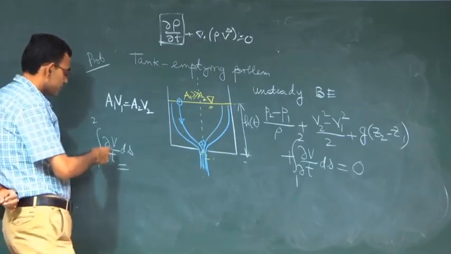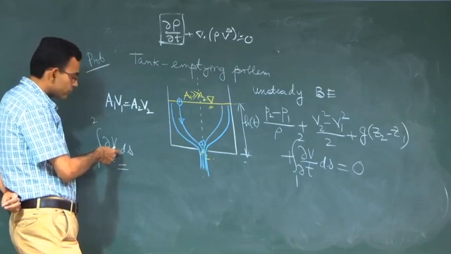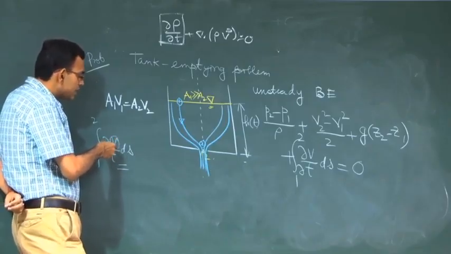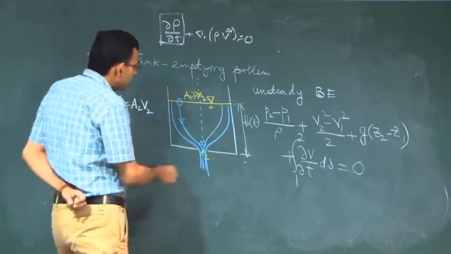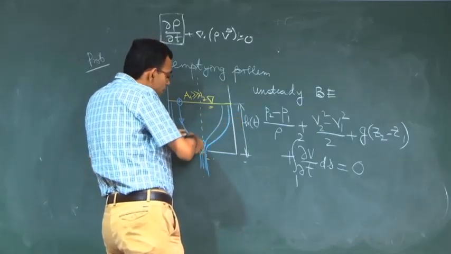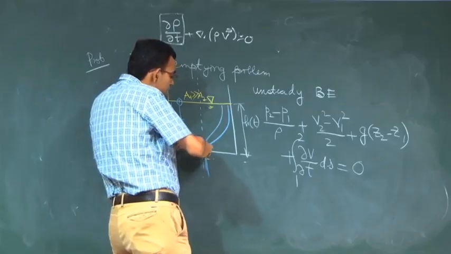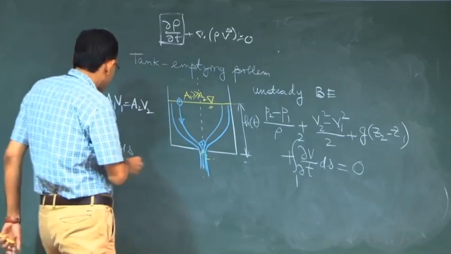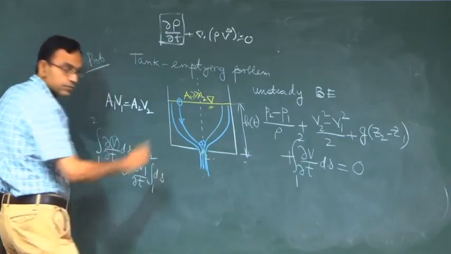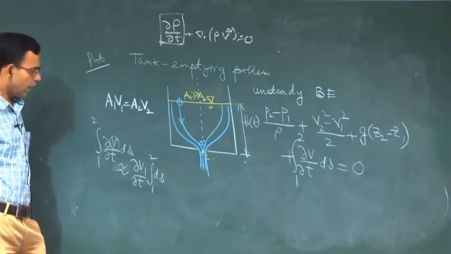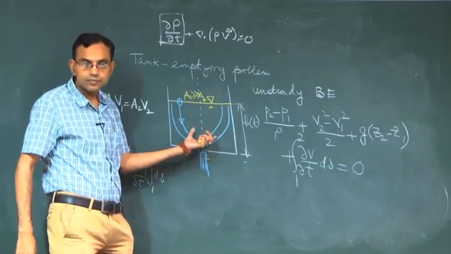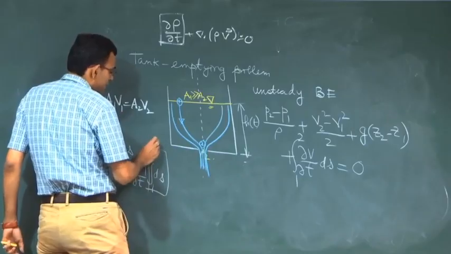Then, this velocity, where is it? This is the velocity which is a variable between points 1 and 2. Out of this, the major part of the streamline is within the region over which this area is large. Only a minor part, over which the streamline bends, is close to the area A2. So primarily we can say that this is approximately equal to this. This is an assumption that the primary contributor to this integral is the velocity within this large tank. So, this is equal to minus h, and therefore,